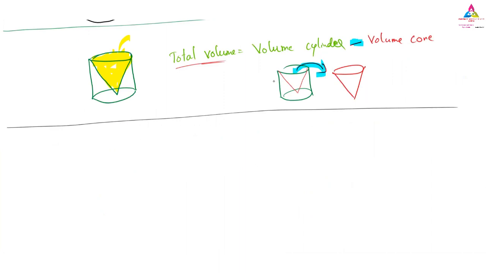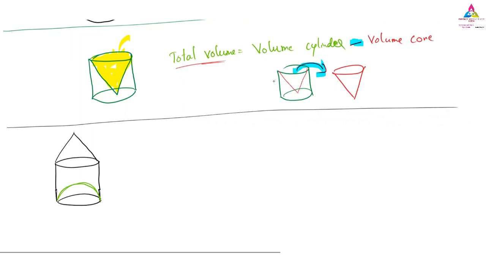So I will take the similar diagram once again. I will draw this time this way, because this is the type of question they will ask, and it will confuse our students a lot. So now I'm taking it this way, wait, it is not a complete diagram. Here they have taken out some part from the cylinder. This is the part they have taken out. So what is the total volume now?